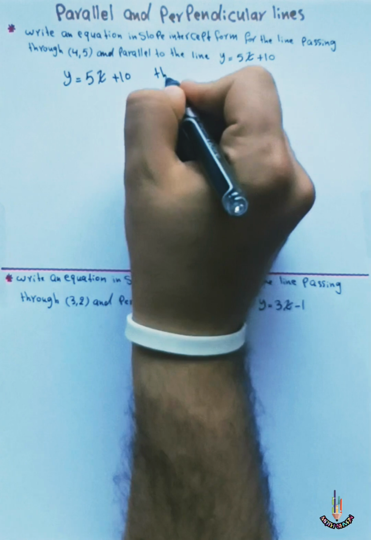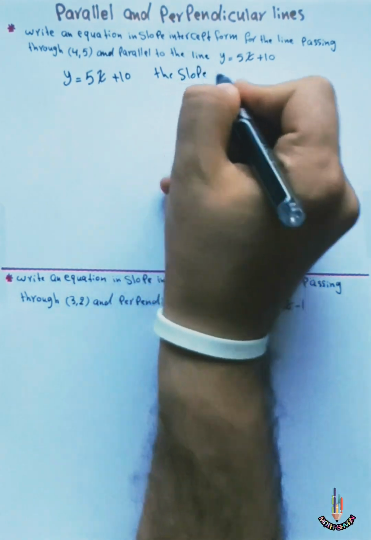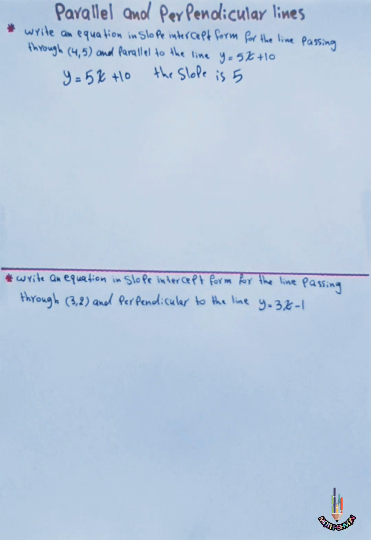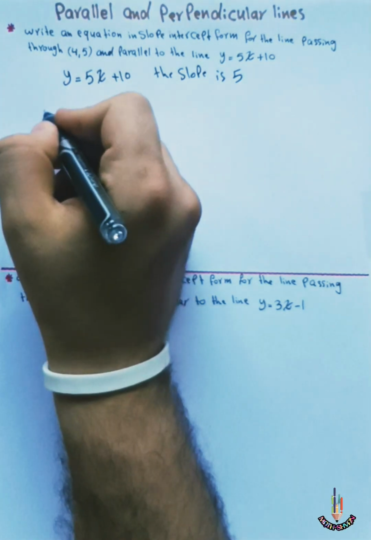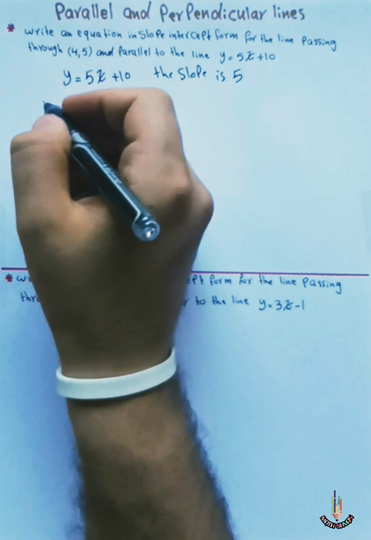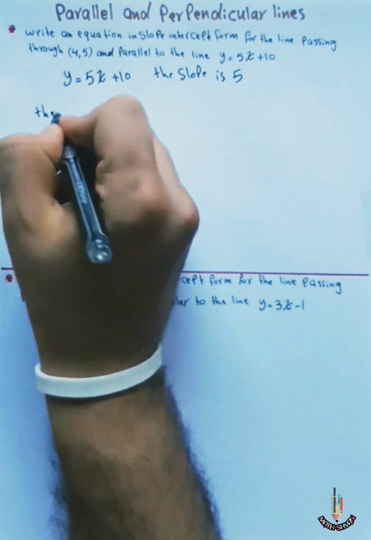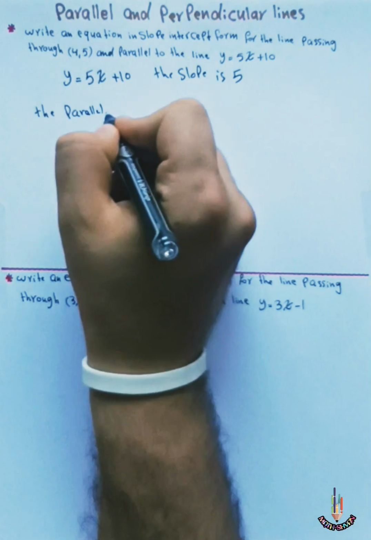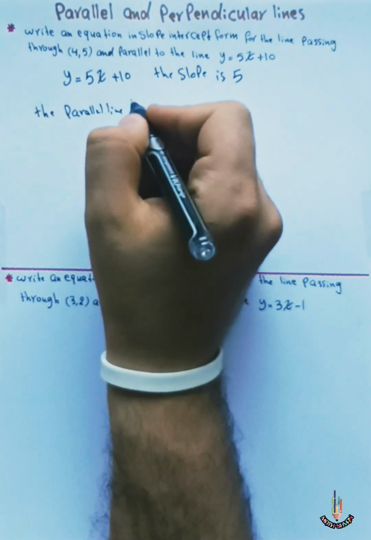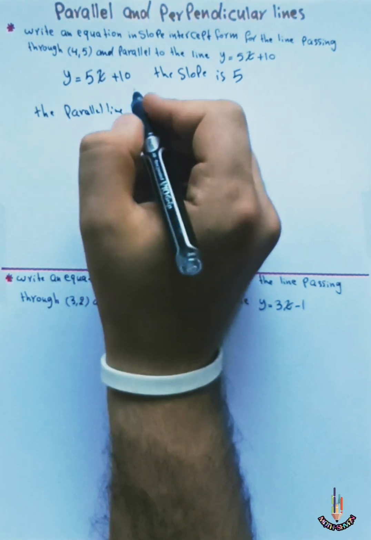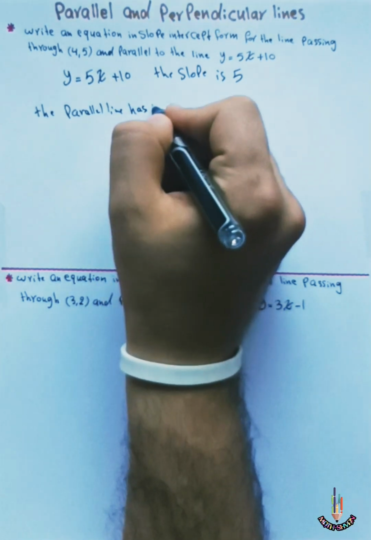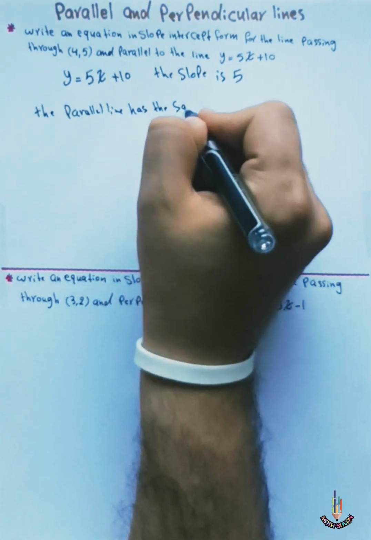So the slope is 5. So you can say the parallel line has the same slope,